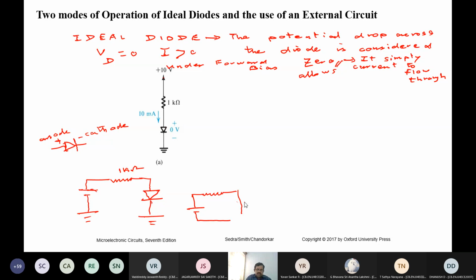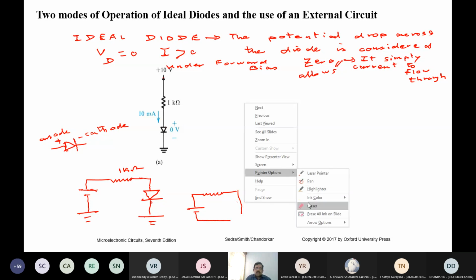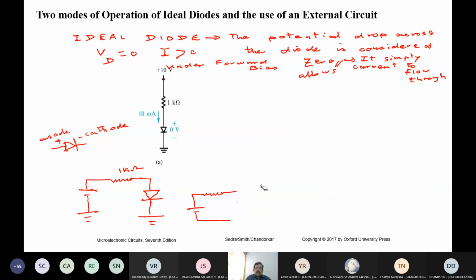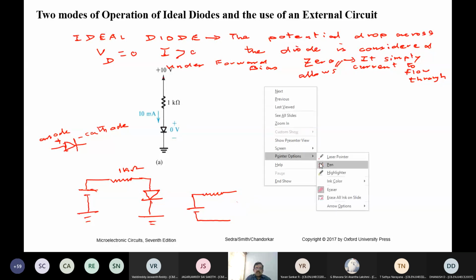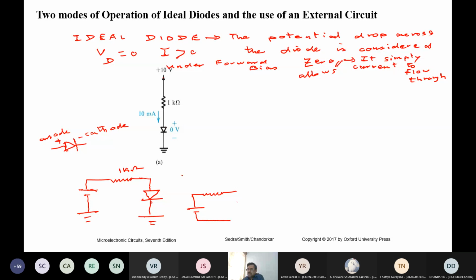Okay, I have to draw a diode here. So we might be used to this, for example. Okay, and then we might put a common ground. So here it's a 1 kilo ohm resistor. So we can see that this is ground, whereas this terminal is a positive source which is connected through a 1 kilo ohm resistor.